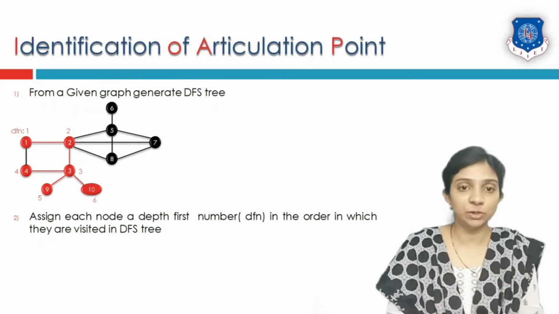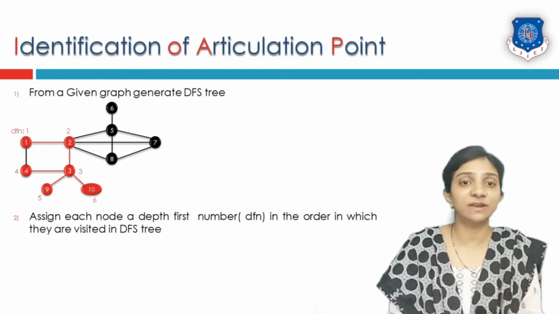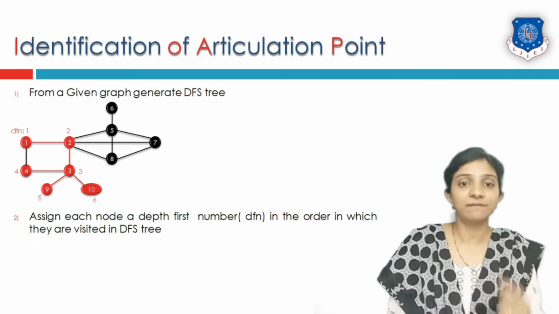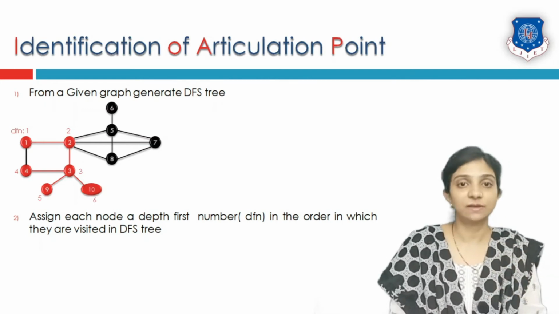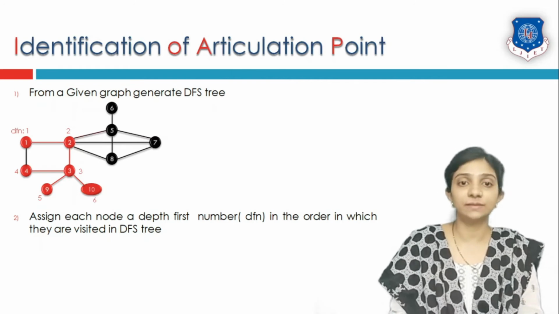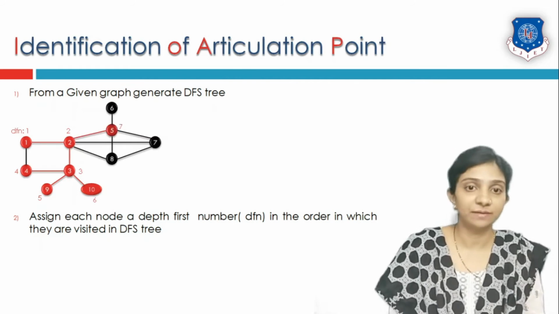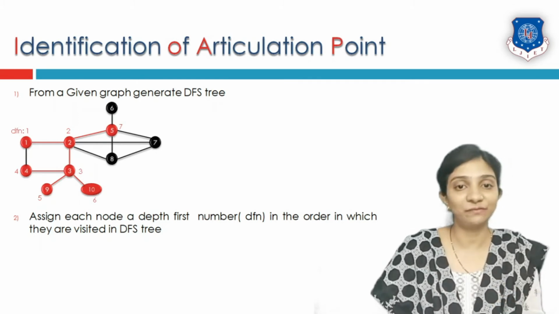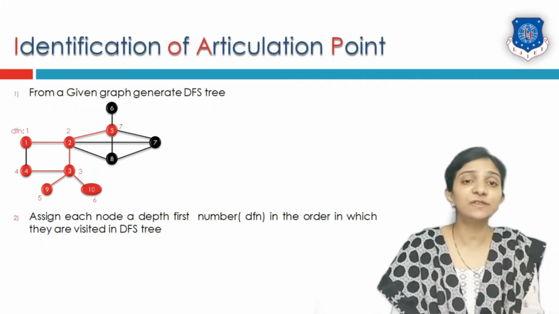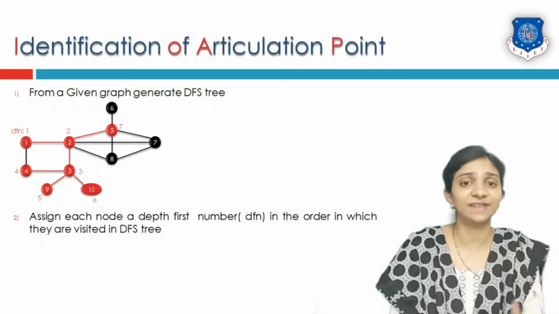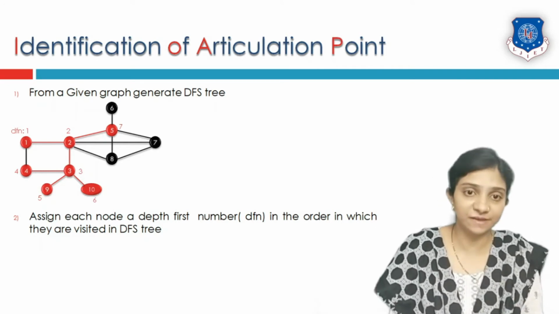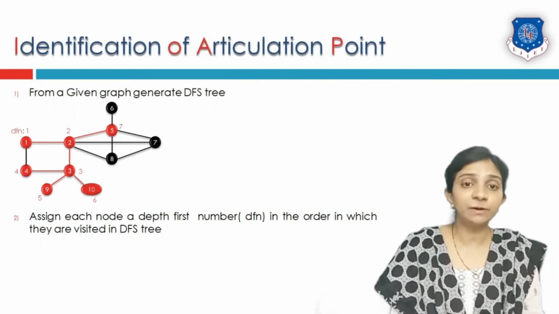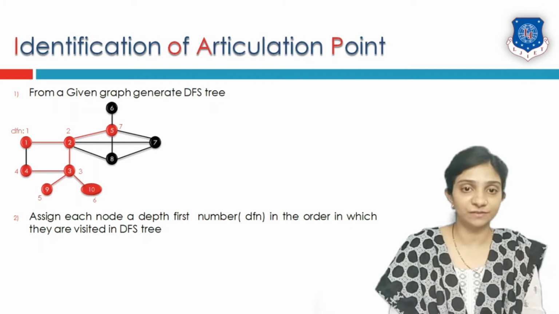At vertex number 2, are there any adjacents which are left unvisited? Yes, there are vertex number 5 and vertex number 8. We will select one of them, that is vertex number 5, visit that vertex and give it a depth first number. This is the 7th vertex that I am visiting, that's why the number given will be 7. Now vertex number 5 has 3 vertices which are left unvisited.